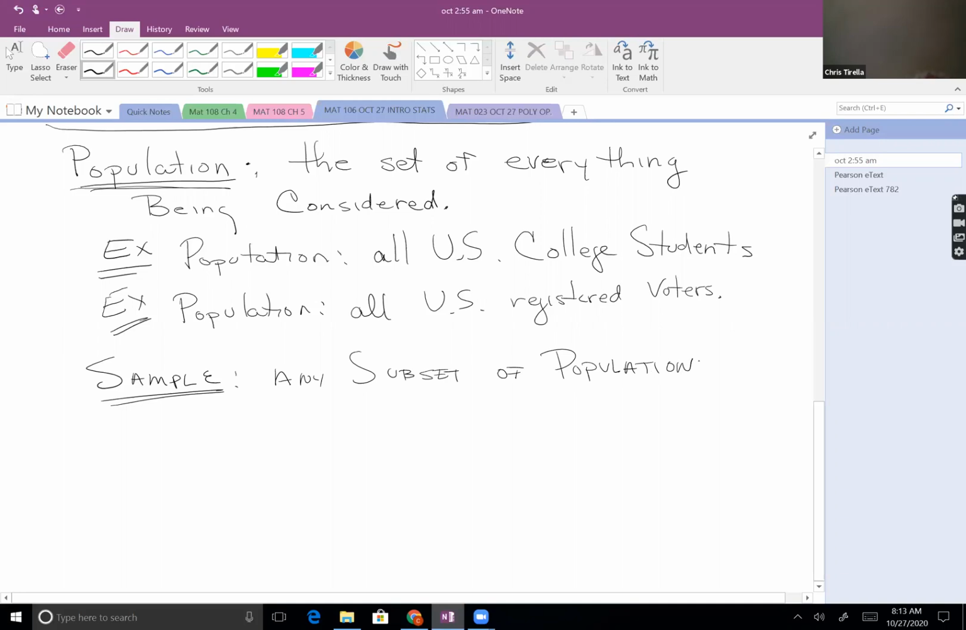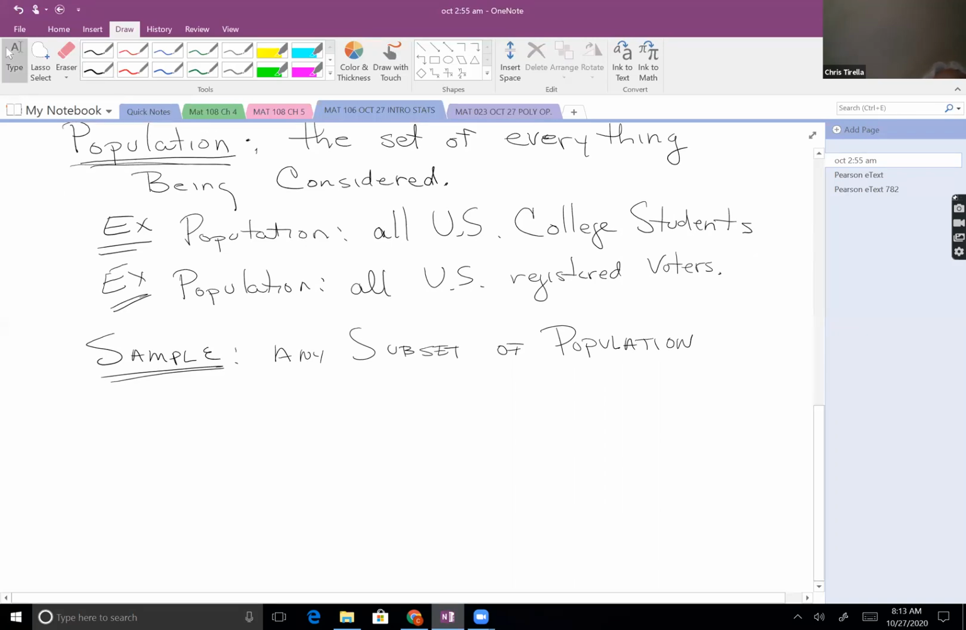But we're going to see that some samples are easy to get, but not necessarily the best. And we're going to try to come up with a way of describing what would make a sample good. So if I first look at that population of all American college students, would an example of a sample